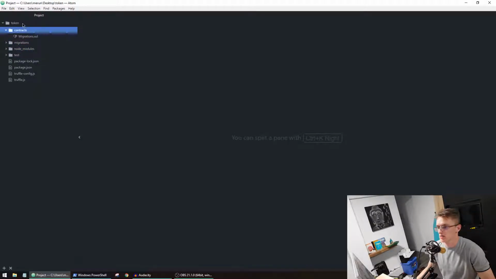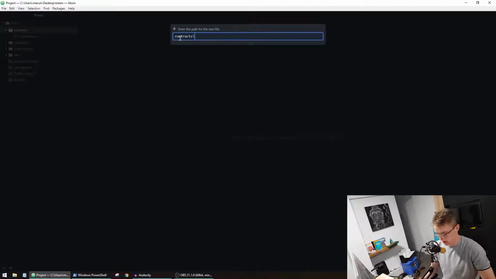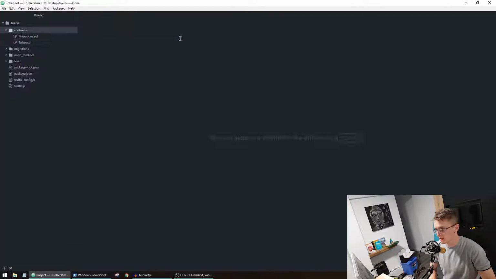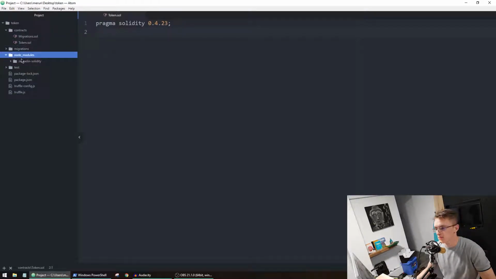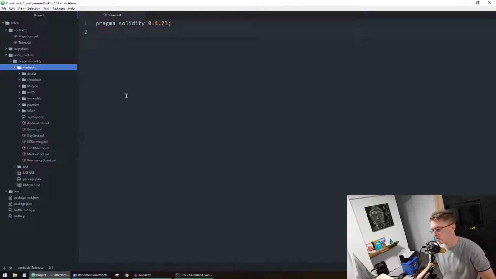So go to your contracts folder and create a new contract called token.sol. Then let's specify the version of Solidity, 0.4.23, and save it. Now we want to import some libraries from this zeppelin-solidity, which will help us create this token, because a token is easy to make, but you need to have